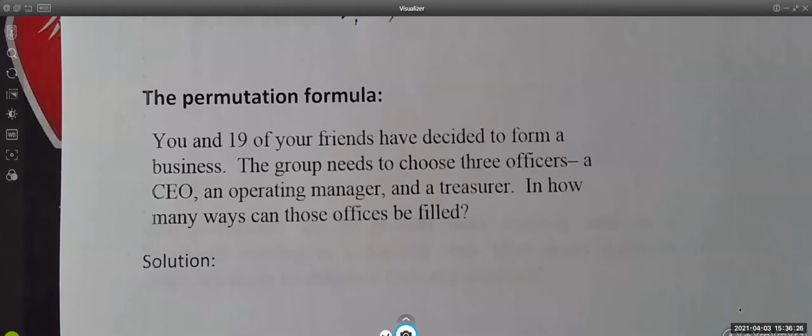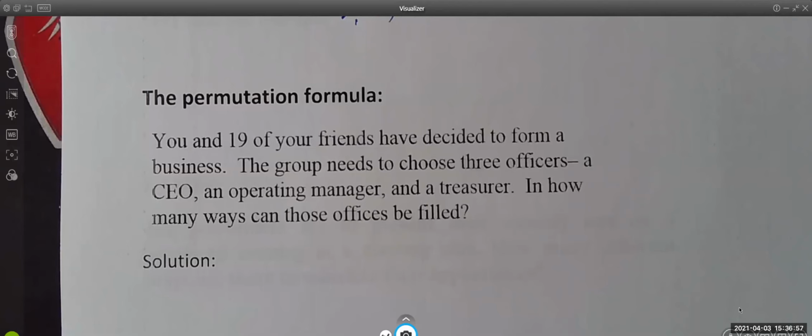You and 19 of your friends have decided to form a business. The group needs to choose 3 officers, a CEO, an operating manager, and a treasurer. In how many ways can these offices be filled? Basically, we choose 3 people out of 20, you and 19 of your friends, 20 people, right? So basically, we choose 3 out of